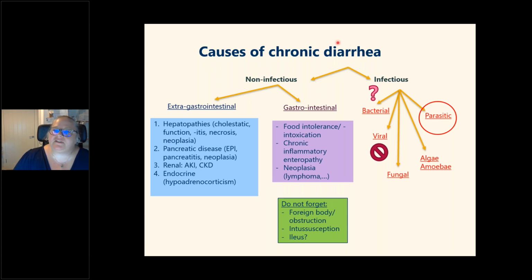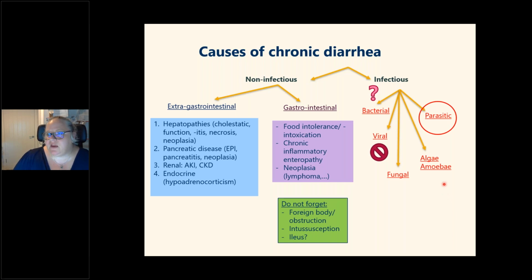But I always think, obviously apart from the fact that it could be congenital versus acquired, which of course in a majority of cases that we see is an acquired condition, following on from that we're thinking about maybe non-infectious versus infectious. When I talk to my students, they always seem to remember the infectious causes better than the non-infectious ones, even though I would say that overall in chronic diarrhea anyway,